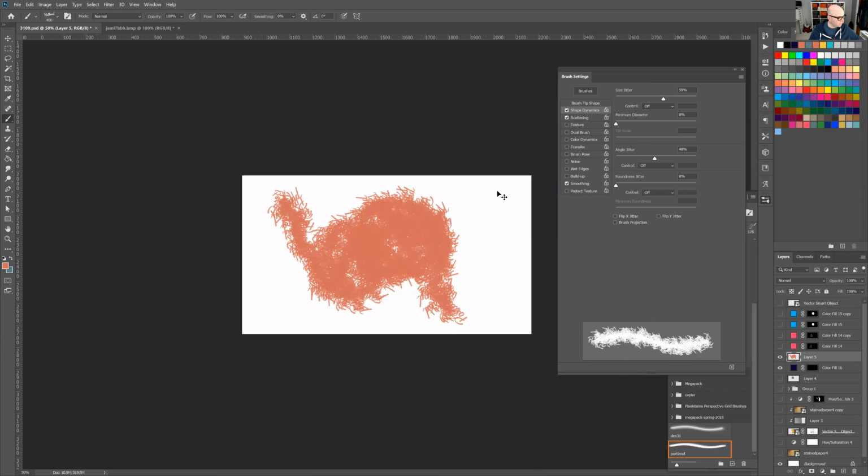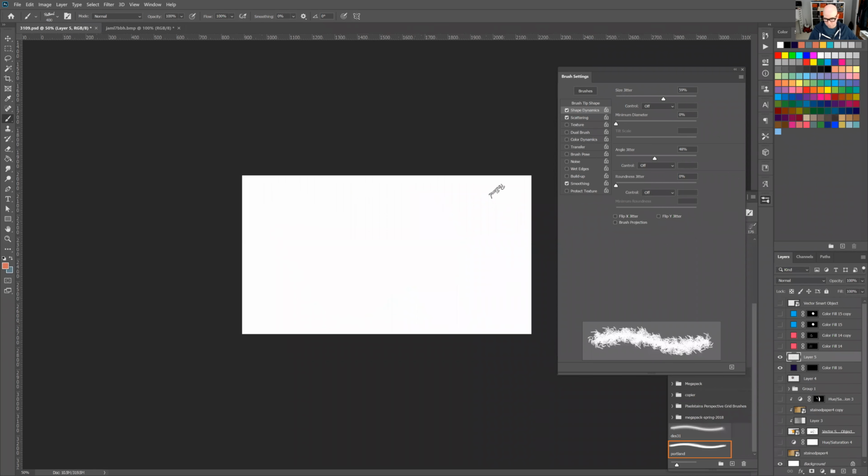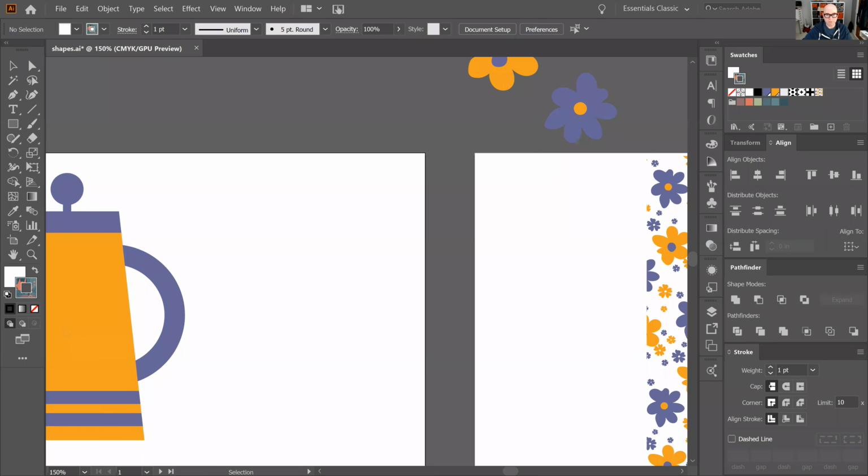So anyway, that's how you do one in Photoshop. You guys have any questions about that right now? Like I said, pretty simple, pretty easy to do. And then how to make a brush in Illustrator. And so we go over to Illustrator. For this one, I'm going to use a different